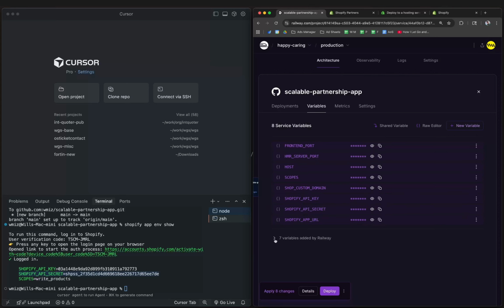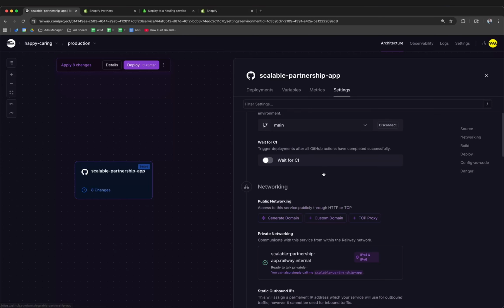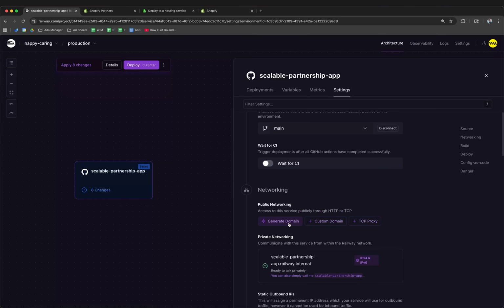Save that. And then this scopes variable, let's make sure. Okay, so it's not set either, so we need this to be write products as well. And go ahead and save that. Okay, from here I want to actually go over to this settings pane here and generate a domain or add